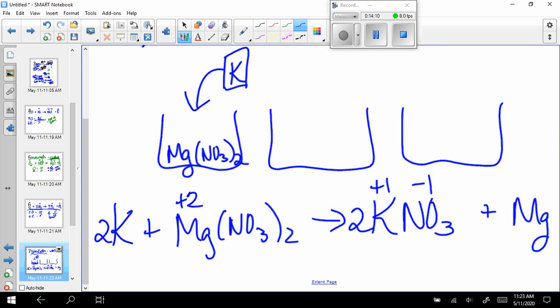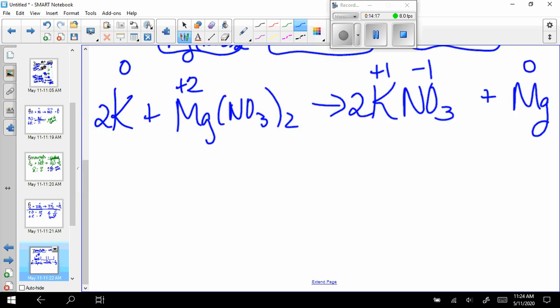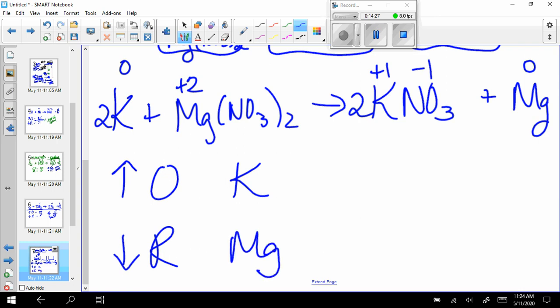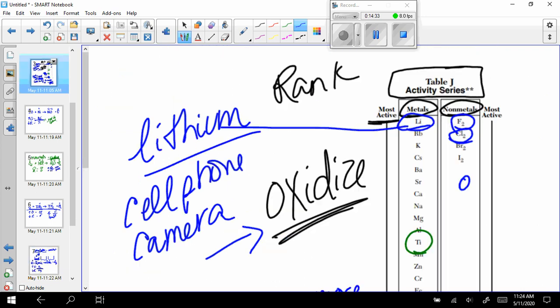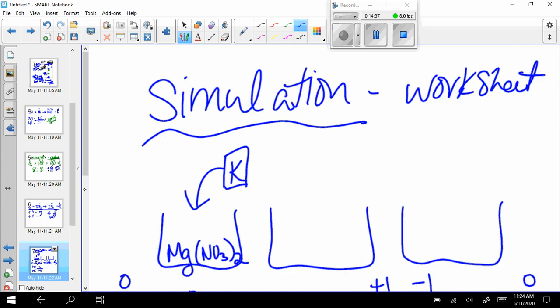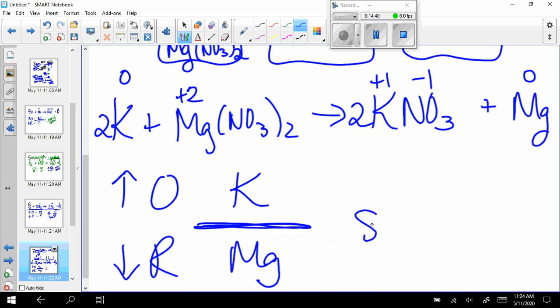Magnesium is going to go from a +2 down to a 0, so it's reduced. And K went from a 0 to a +1, so it's oxidized. So oxidation, reduction. The one that went up in charge was K. The one that went down in charge was Mg. These are both metals, so I am expecting K to be higher than Mg. I go back and I look at my table. There's K, there's Mg. It is higher. So this reaction is